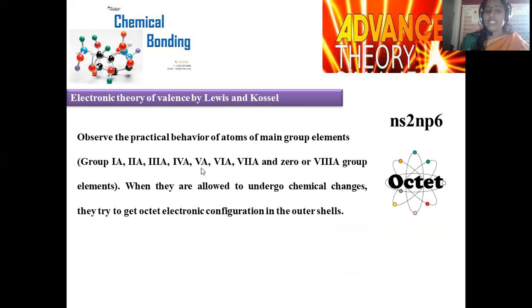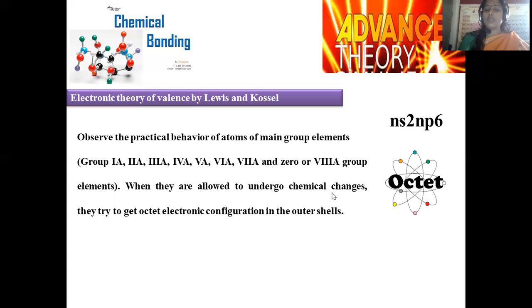Fifth A, ns²np³. Sixth A, ns²np⁴. Seventh A, ns²np⁵. And inert, the noble gas elements, ns²np⁶. These are the general trends which you can clearly observe in the Roman numerals present in the different groups. All these are collectively called the main group elements, and first A and second A are called the s block,